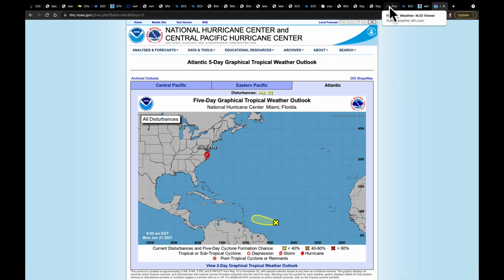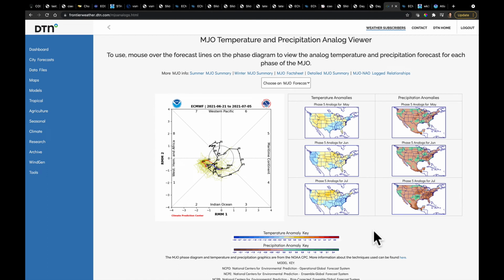Let's come back to another tropical feature to be watching. It's the MJO. Now the MJO is going to be spending some time here in phases 1 and 2 for the most part, as we end June and begin the month of July. There is some possibility that it pops out here into phase 3 going into phase 4 as well and gets moving more regularly. But if I hover over this, and this is a neat thing about this site,